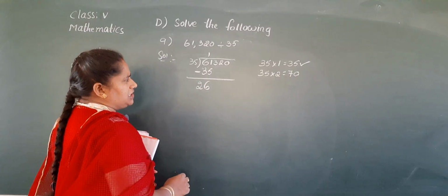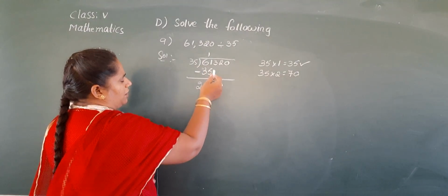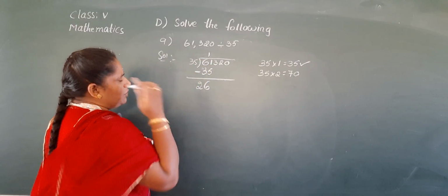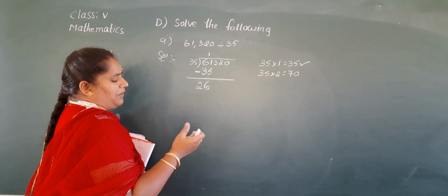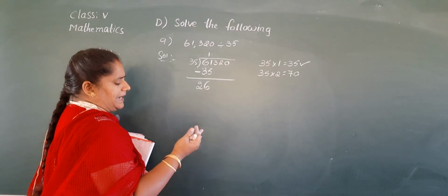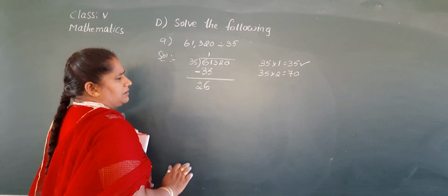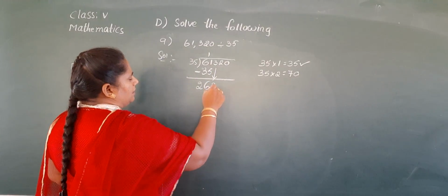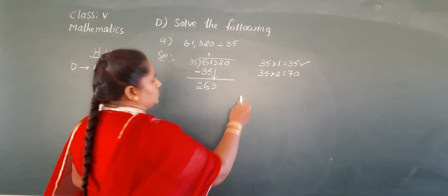My dear children, you came to 5th class, Nana, so there is no need to write the borrowing again. 1 becomes 11, 6 becomes 5. You keep that in your mind. From 5 to 11 you have to count: 5 after 6, 7, 8, 9, 10, 11, that is 6. And 3 to 5: 3 after 4, 5, that is 2. Now take down 3. Now you have to find which one is the nearest number to 263.